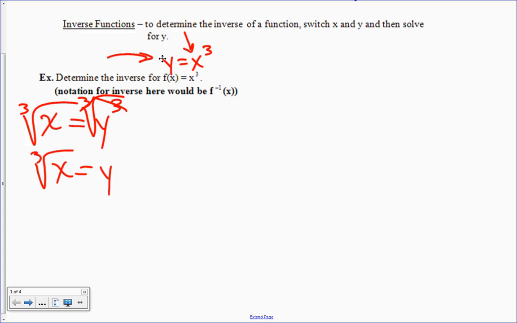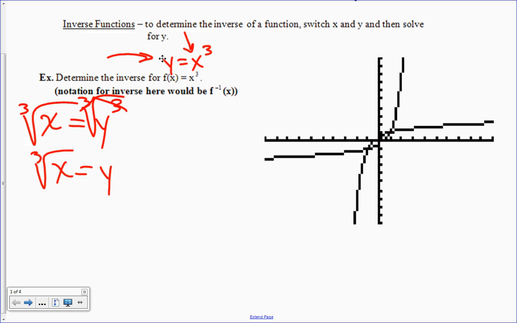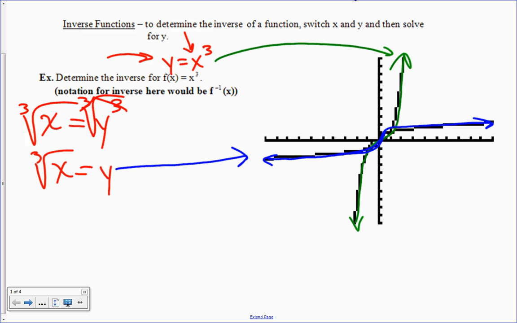So let's take a look at what these graphs might look like, actually. Okay. So here is your x to the third. Right, that's a parent graph. We should know that one, correct? So there is y equals x to the third. And here is, whoops, I missed a little bit there. There's your cube root. Do you believe those two to be symmetric to each other? Yeah. They have symmetry with respect to which line that we covered earlier? Not the origin, but close. The y equals